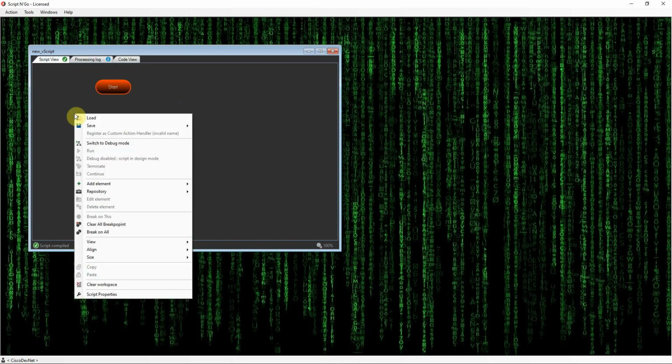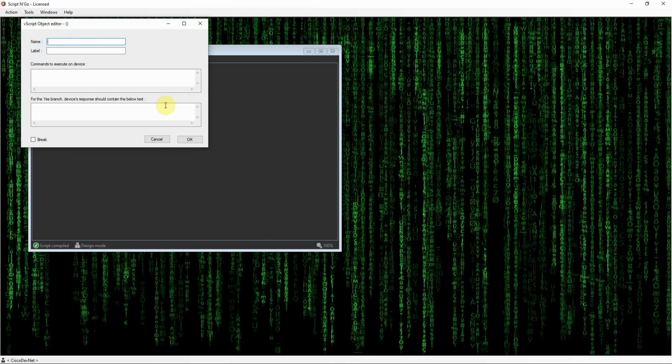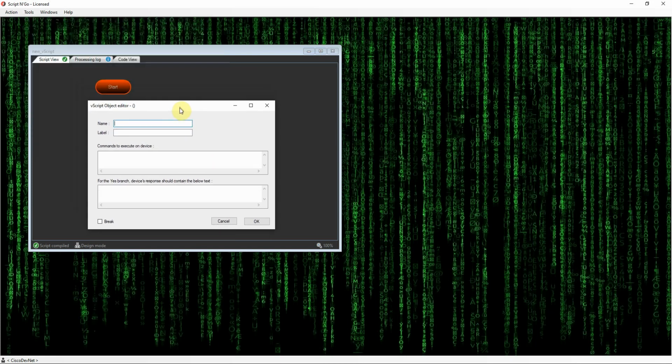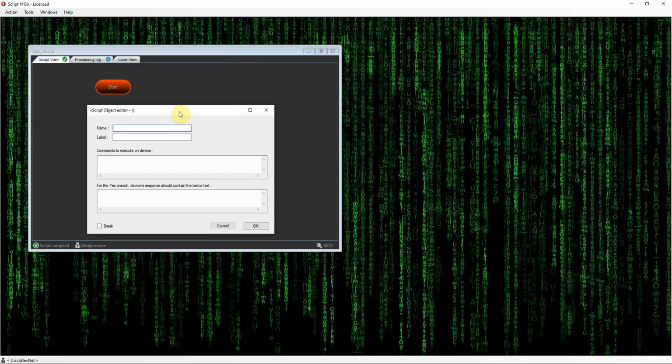Click Add Element, then select the Simple Decision item. A Simple Decision item has two unique properties needing configuration. The first one is for the CLI command to be executed on the connected device. The other one below is for adding a text that the element will look for in the response received from